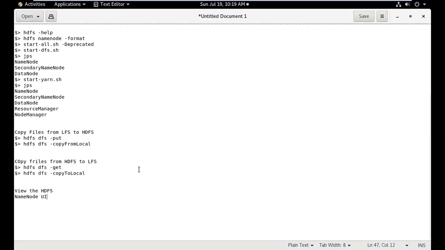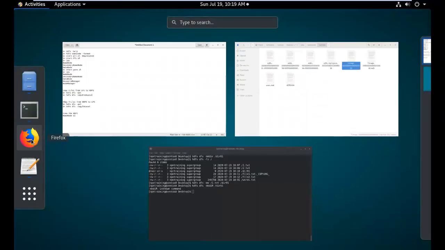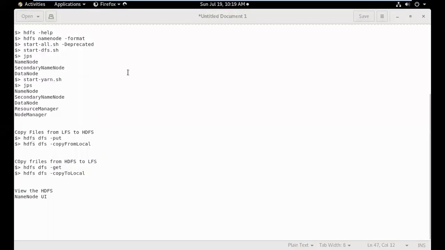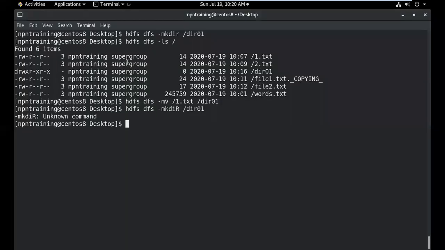As I told you yesterday, if you want to view the content of a file, I think somebody pinged me, Shampa, and I was not able to reply. So please make a note, Shampa, today I will try to put it into the classrooms. So the default port where your name node UI runs is, let it run, it's still running.